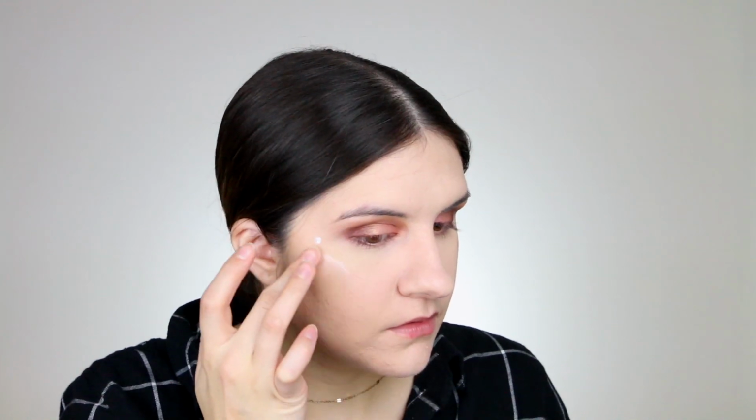And then before I powder the rest of my face, I wanna go in with the Cover FX Enhancer drops in the shade Celestial. And I'm just gonna be using this to apply a very nice layer of highlight. I seriously love this so incredibly much. So just take a little bit right there and just use your finger to kind of apply it. Seriously, just so insanely gorgeous. A little bit on the tip of the nose and then a little bit kind of right under my brow